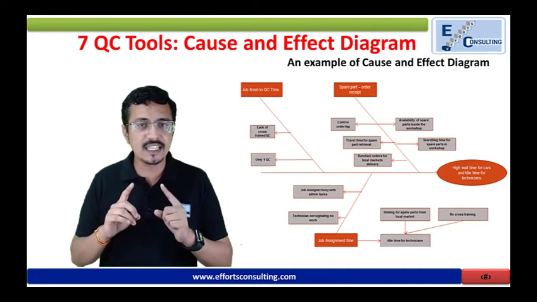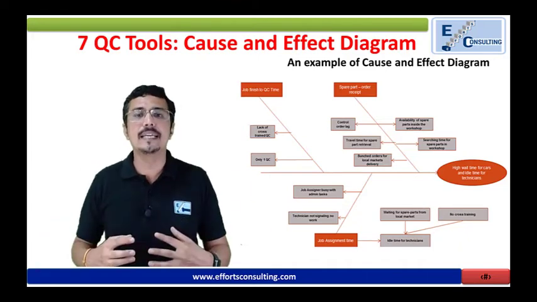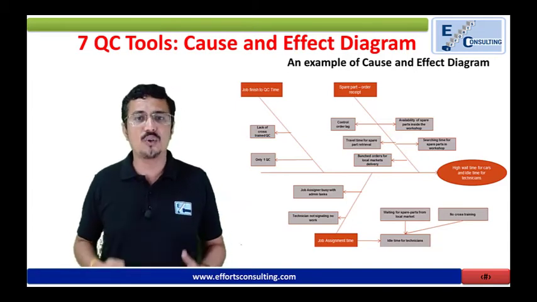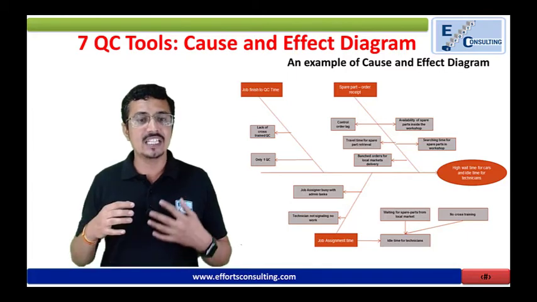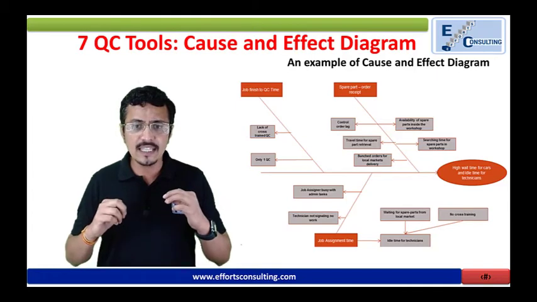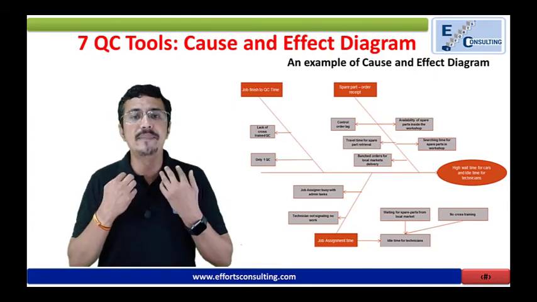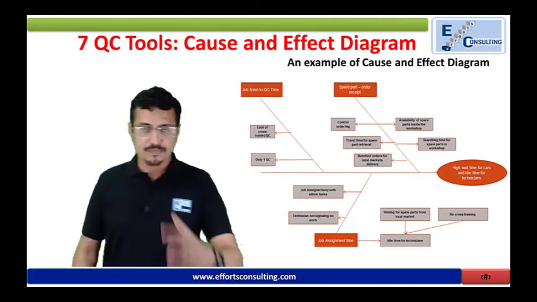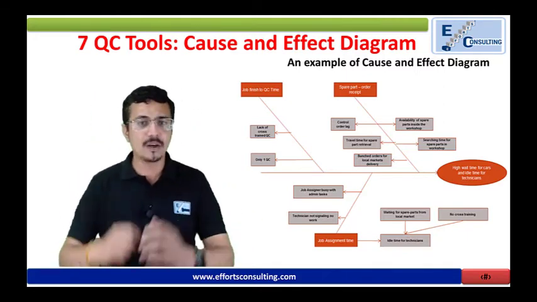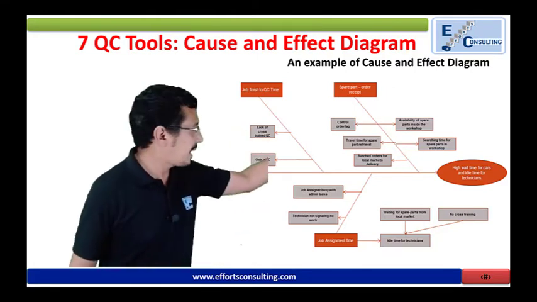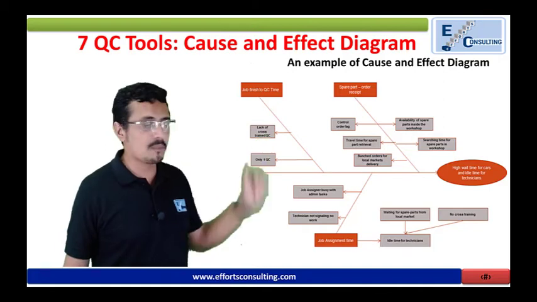So this is the group tool. In the team, with brainstorming, you can identify which are the causes impacting my output. The project team then arranges these causes into logical categories based on the brainstorming, arriving at the causes or root. This picture is showing you an example of the cause and effect diagram. This is the problem and these are the reasons for this problem.